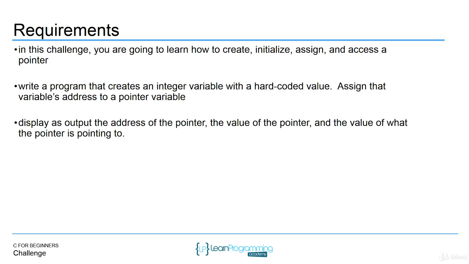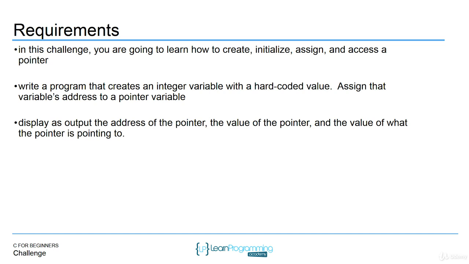And then lastly, I want you to display the value of what the pointer is pointing to. Okay, the value of what the pointer is pointing to, you have to use the dereference operator, the indirection operator. These are the three things that a pointer can be equal to. You also have to understand what format specifier to use in each case. Typically, you'll use a certain format specifier for addresses, and then you'll use a different format specifier for whatever the